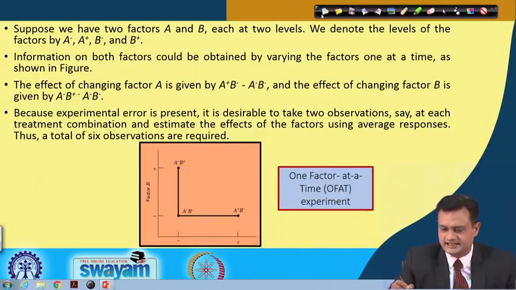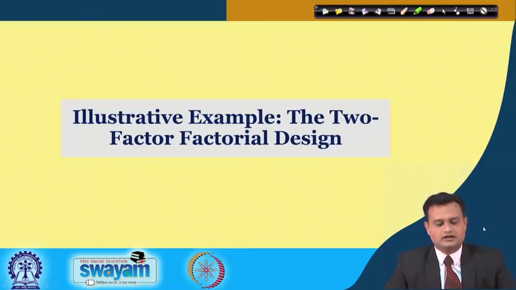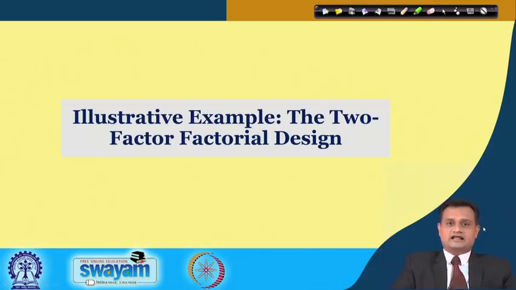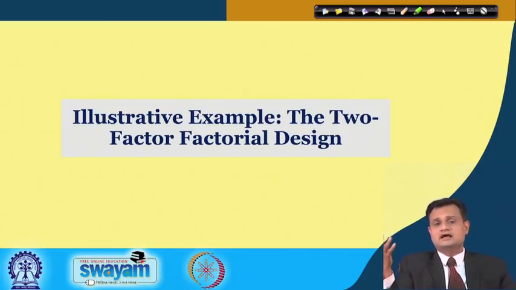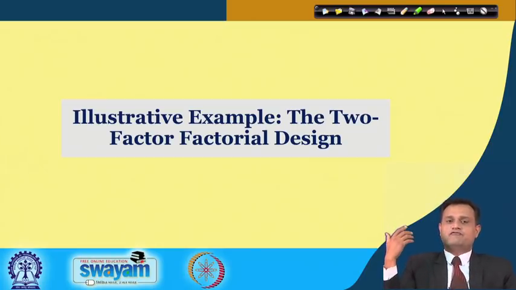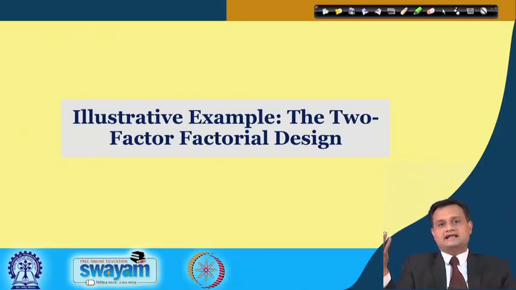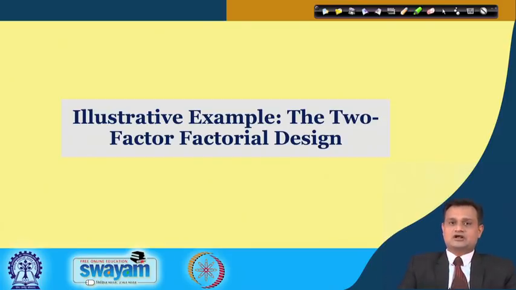So this is what exactly we have to appreciate about the factorial experiment compared to one factor at a time. I don't say one factor at a time is an inferior strategy. That is a good strategy in some conditions, when you feel that simultaneous changing of the factors or the interaction effect is not really of importance, and we just want to be happy with one factor change at a time.